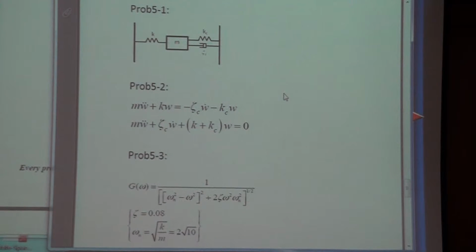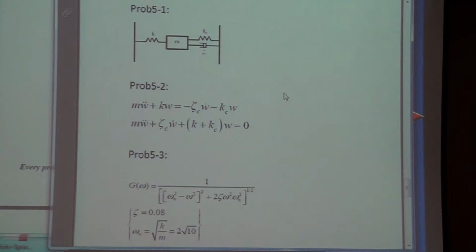This is exactly the same as your problem. I forgot either problem 3 or 1, 4, 5. I forgot about the number. Now, if you have a measurement W double dot, measurement of